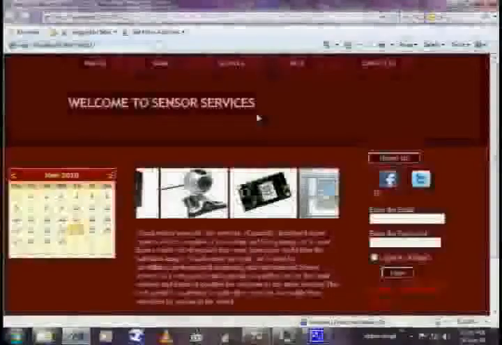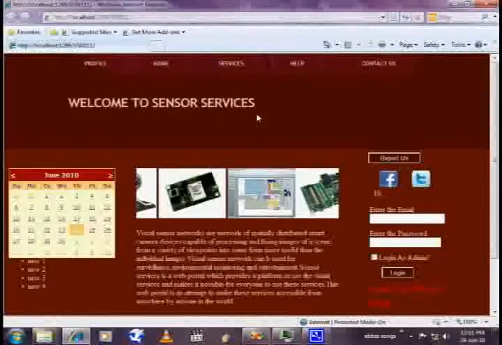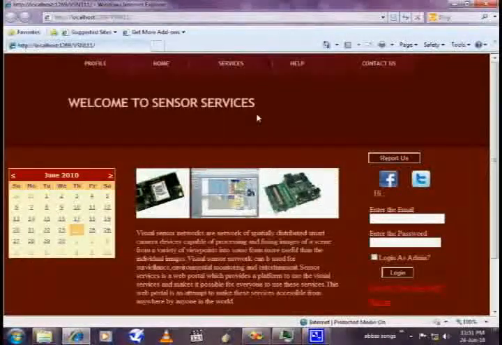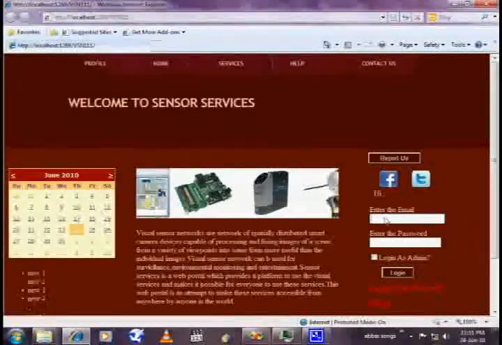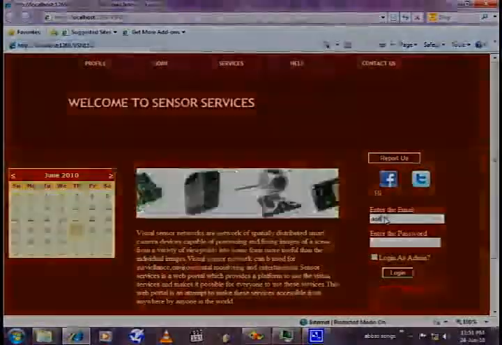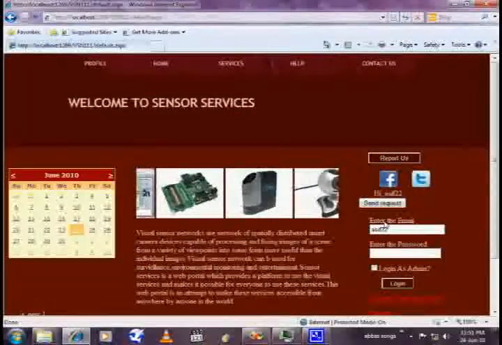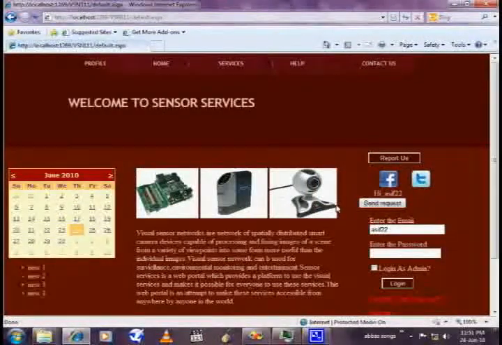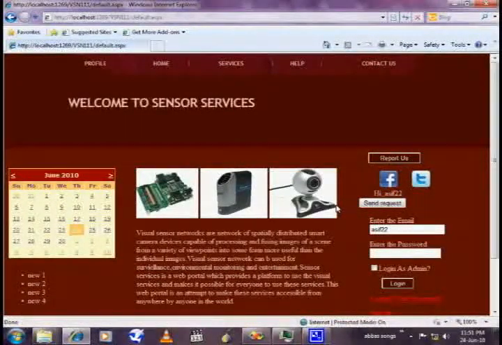Now when the user has a confirmation message in his inbox, he will be fully subscribed to this service and will be able to use it. Now when he comes on this web portal, he will provide his username and password. For example, in this case, Asif will provide his username and password, and when he clicks on the login button, he will be provided with a send request button. Now this send request button sends a request to the backend of the web portal, and upon this send request button being clicked,